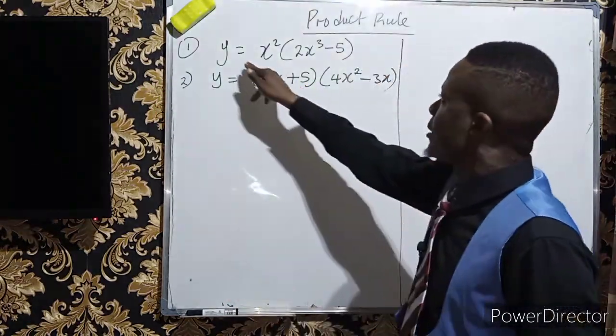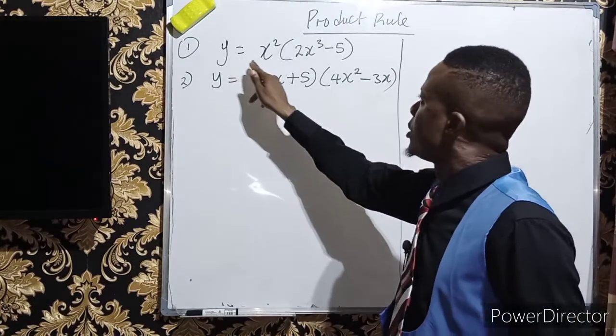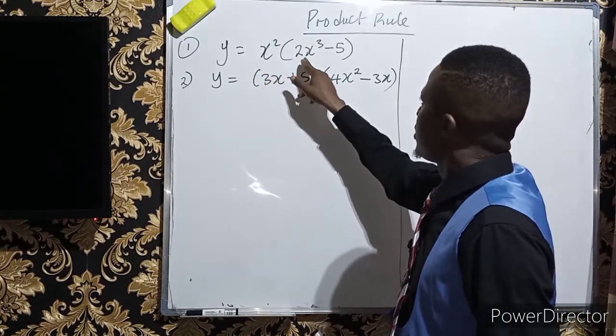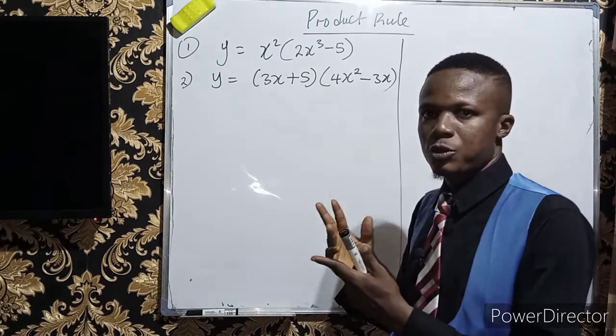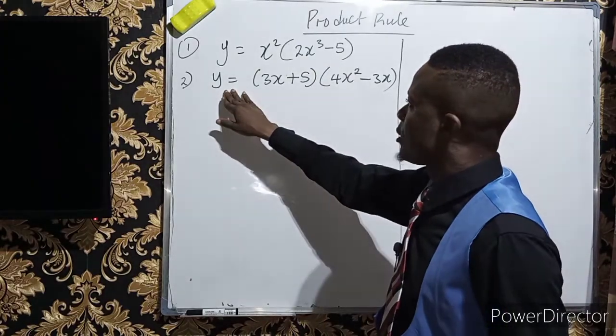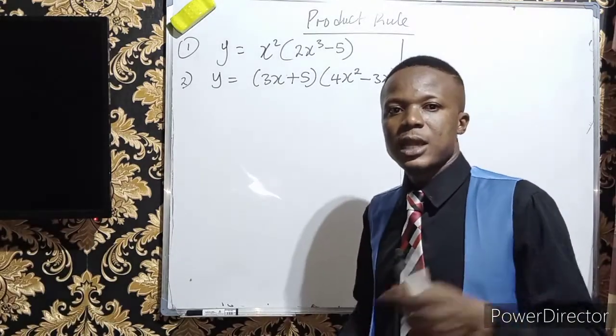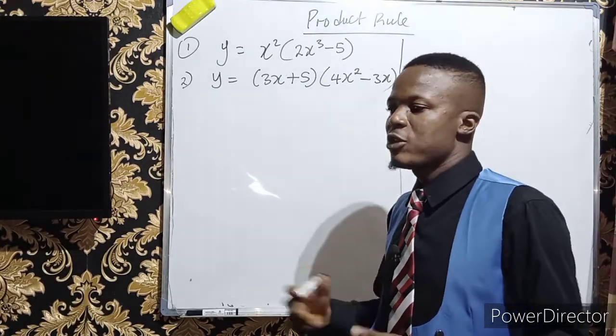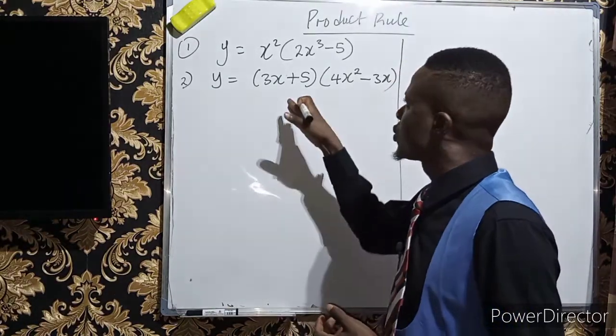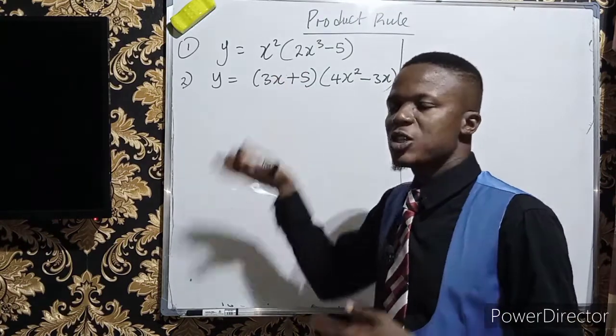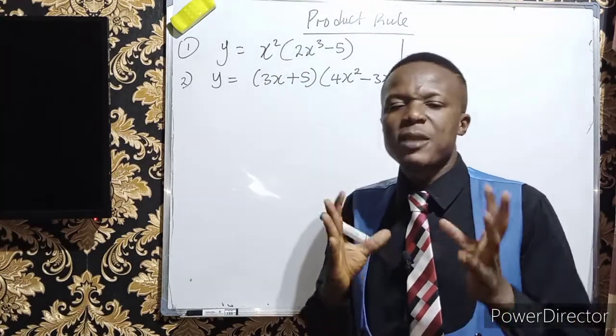Now, if you take a look at the first function here, you can see that x squared is multiplying 2x cubed minus 5. That is a product. If you take a look at the second function here, you see that the first bracket is multiplying the second bracket. That is a product for you. So whenever you experience something like this, where one term is multiplying the other, you must embrace